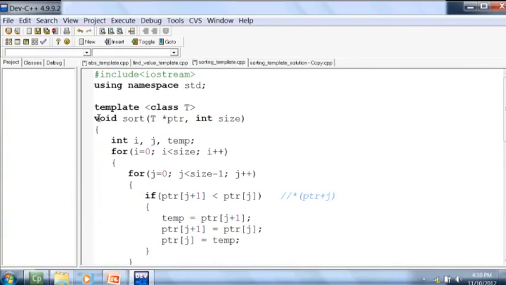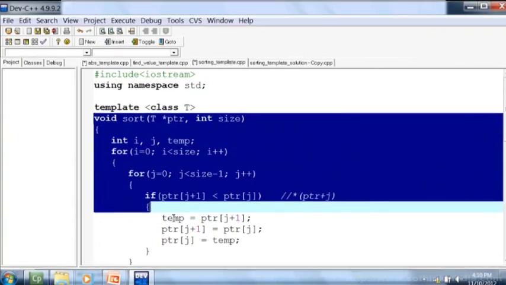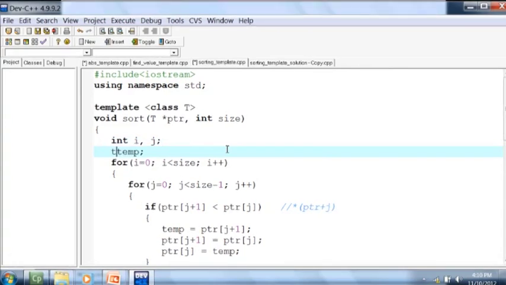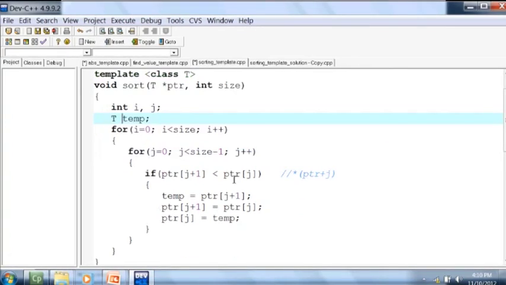सो जो भी टाइप होगी उसी का ये सॉर्ट का फंक्शन इंस्टेंशिएट हो जाएगा विद दैट टाइप. इंट है तो इंट के साथ हो जाएगा, डबल है तो डबल के साथ, फ्लोट है तो फ्लोट के साथ. एंड ओके, I think the problem is that the type of the temp should be T. So T temp की टाइप भी T होनी चाहिए यहाँ पर, बिकॉज हमने जो वैल्यू यहाँ पर स्टोर करवानी है,